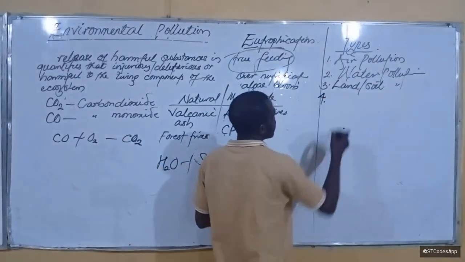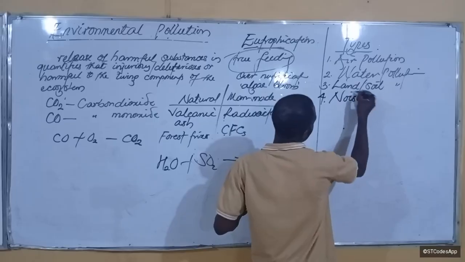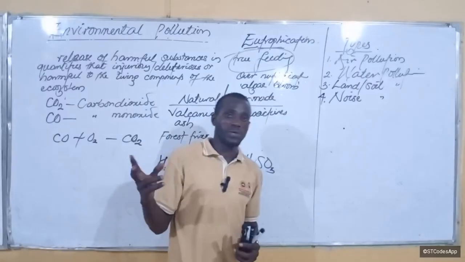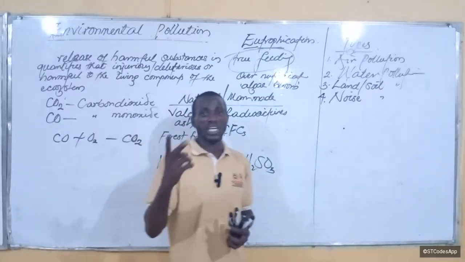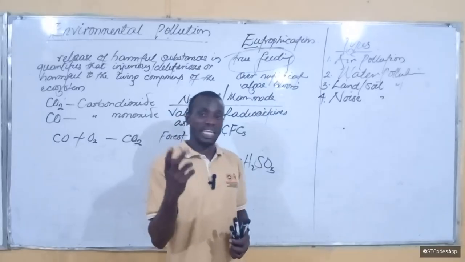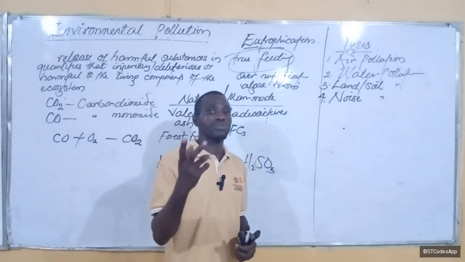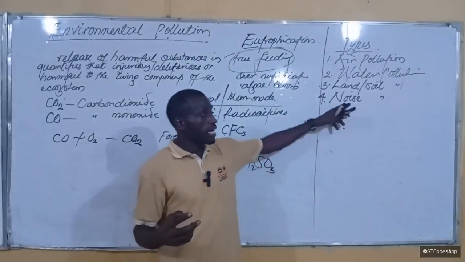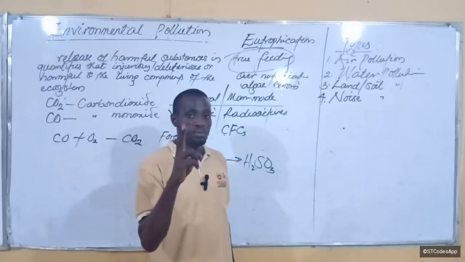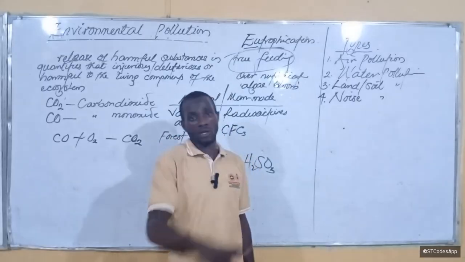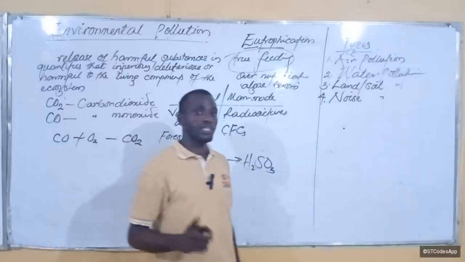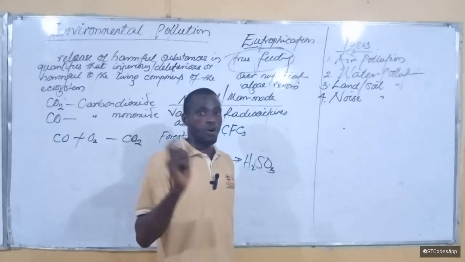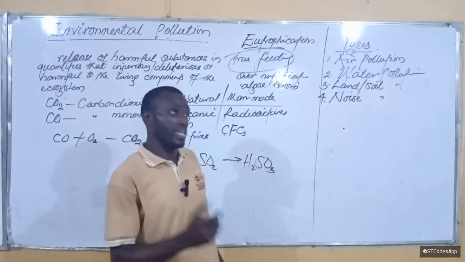Then we also have the noise pollution. Now, noise pollution is basically noise. You see, there are two words. We have noise and music. Music is just a set of sounds that have regular pattern and forms and is pleasant to the ear, while noise is non-rhythmic, irregular sounds that is non-pleasing to the ear, for which reason we call it pollution. It is essentially called pollution if the intensity or the amplitude of the sound is high.